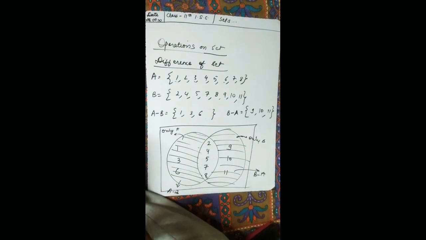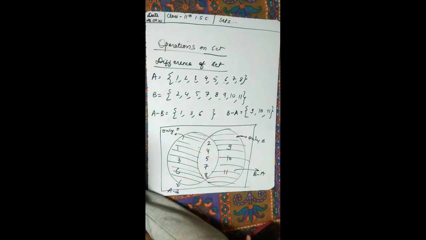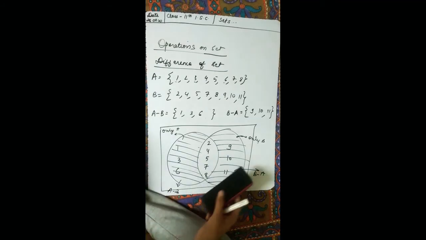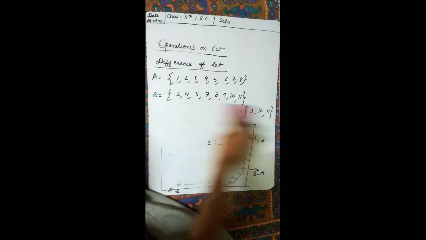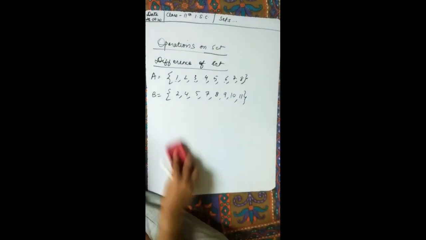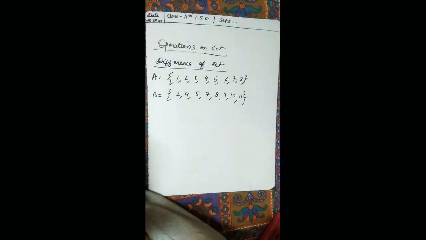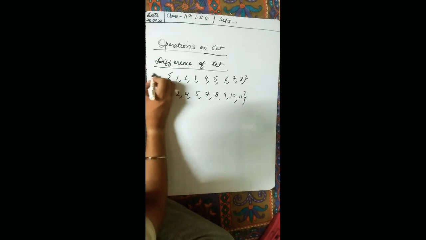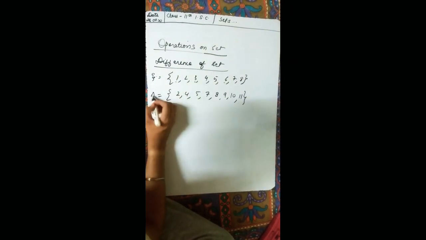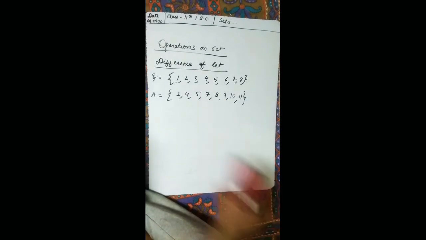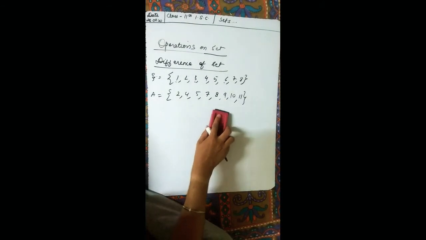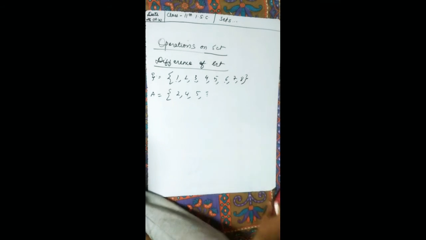Okay, easy to understand. Alright, now we are seeing the last operation, that is complement of a set. Let us see the complement of a set. I'm considering, sorry, this is the universal set and this is A. Let us take this example only. This is your universal set, and this is set A up to 8 only.